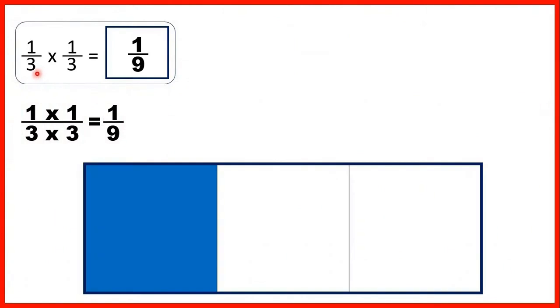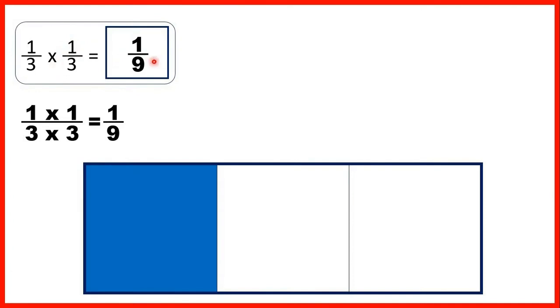Let's take another look at this first question. 1/3 times 1/3 is 1/9. That might be confusing because if you know that the larger the denominator, the smaller the fraction, you'll notice that multiplying by a fraction gives us a fraction that's smaller than what we started with. Now multiplication doesn't always make things bigger. Multiplication only makes things bigger if we're multiplying by a number larger than 1. If we're multiplying by 1, it stays the same, and if we're multiplying by something that's less than 1, our